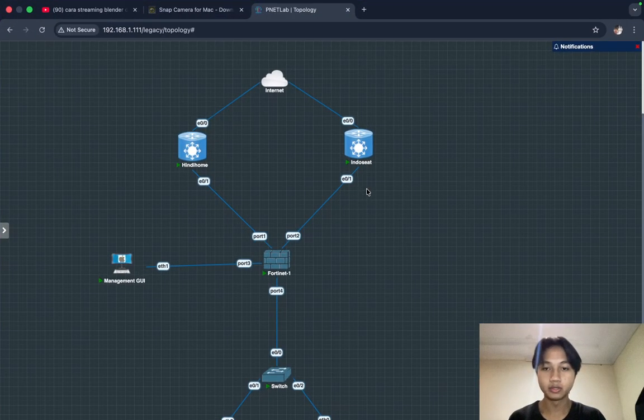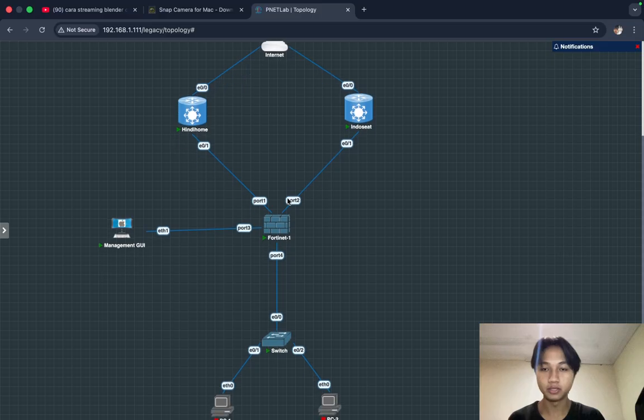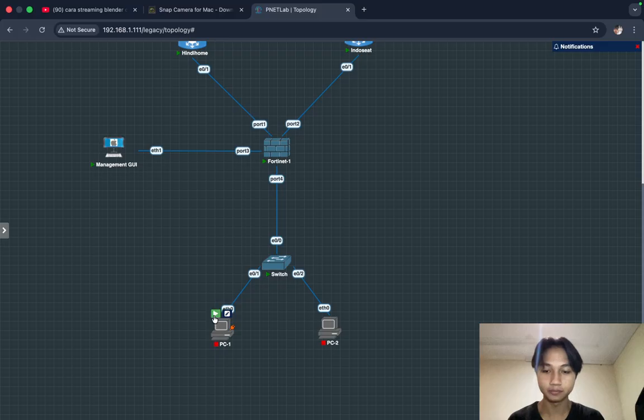Alright, so this is my topology. We have a dual home topology, and then we have this ISP Hindi home, and this is Indosat. We have this PC for management GUI, and we have the Fortinet, just one device to manage all the clients.